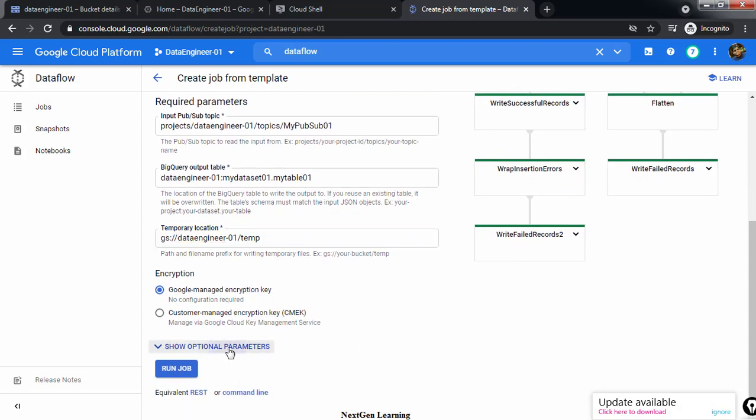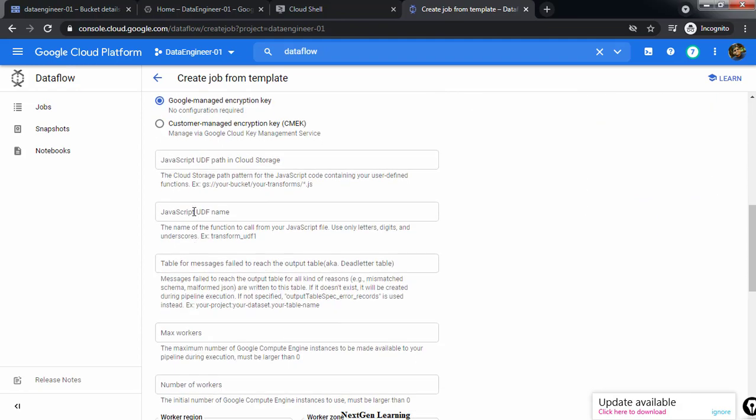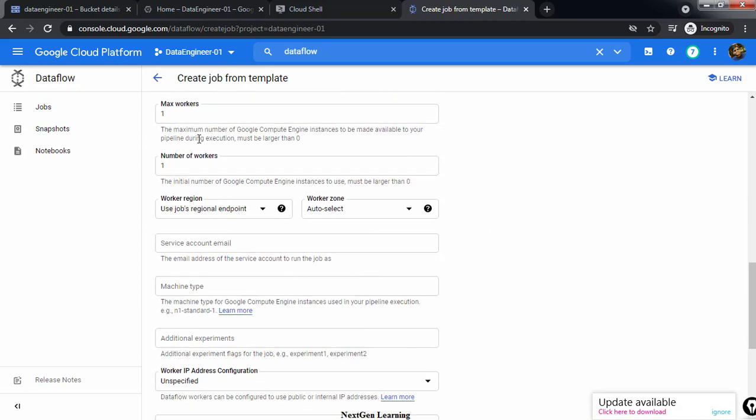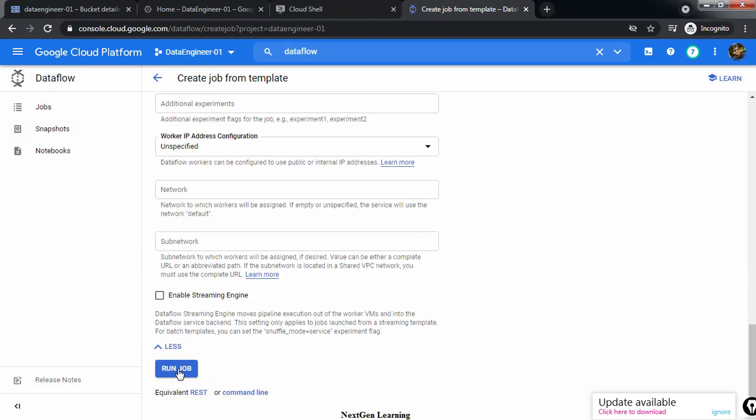And I'm just changing some of the optional parameters. You need to click this optional parameters to expand that. The maximum number of workers and number of workers I'm changing to 1 because I don't need 2 or 3. I think 3 is the default. I just need only 1 worker and run this job.